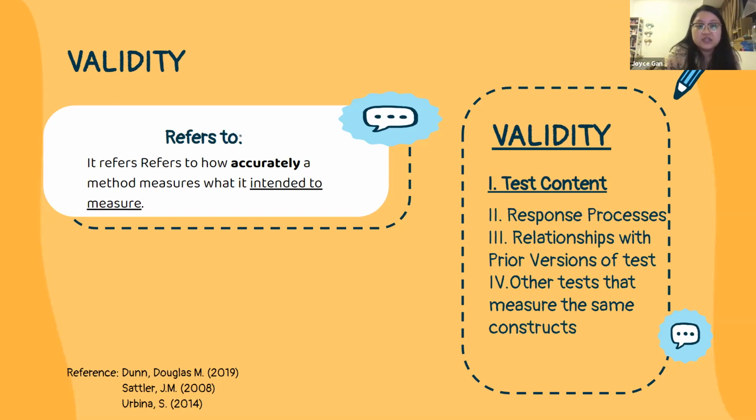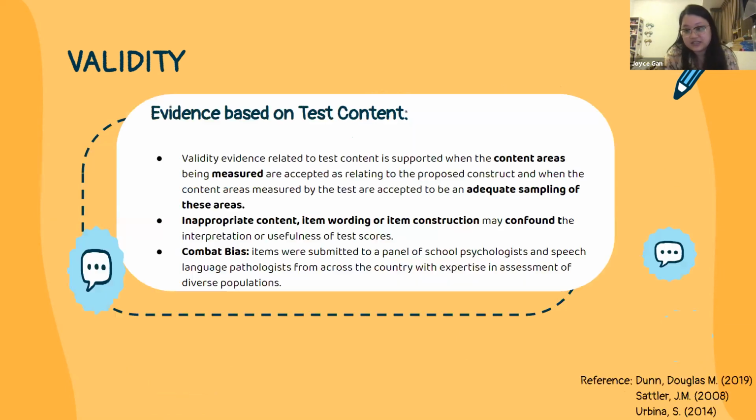of validity. The validity of the PPVT-5 is supported by evidence based on test content, response processes, relationship with prior versions of the test, as well as other tests that measure the same constructs and special group studies. So we'll be focusing on the evidence based on test content. Next slide, please. So validity evidence related to test content is supported when the content areas being measured are accepted